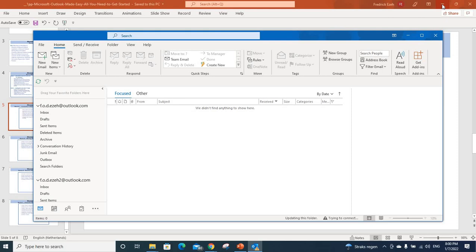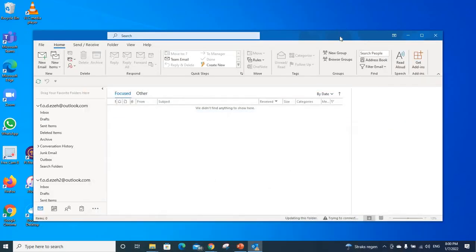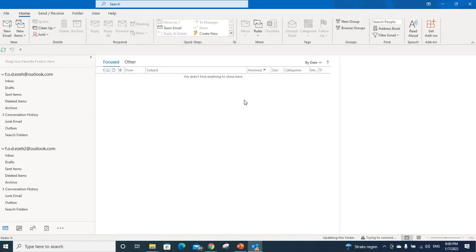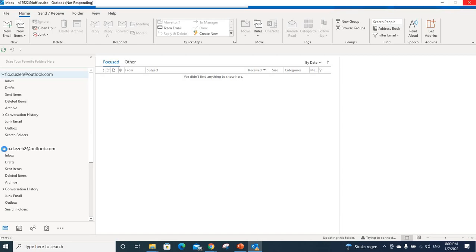But those are the ways you can open your Outlook. Let me minimize this other window here, and then you can clearly see the Outlook window. So this is our Outlook window. So what we're going to do here briefly is, if you newly install Outlook on your system, that means there will be no account. But if you look at what we have here, I already have 2 Microsoft accounts, which are this and this,